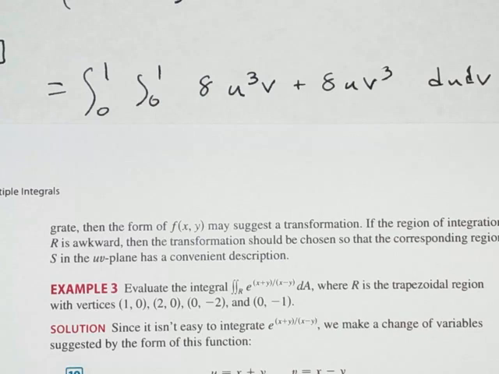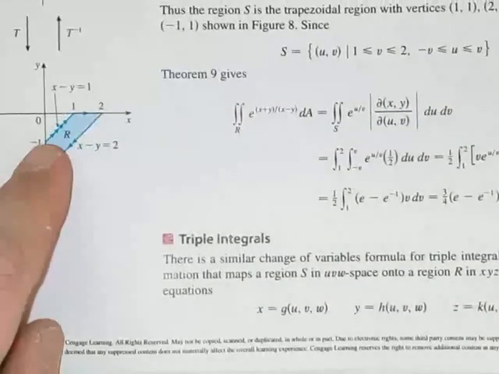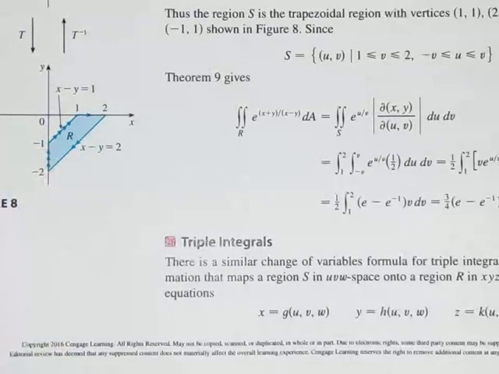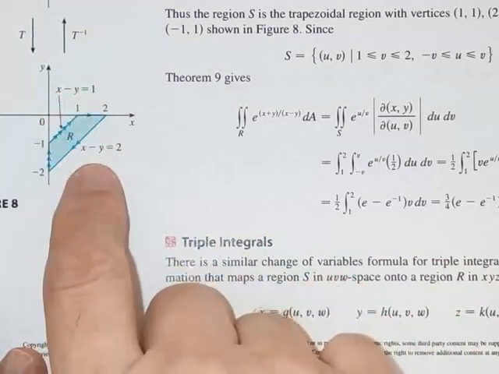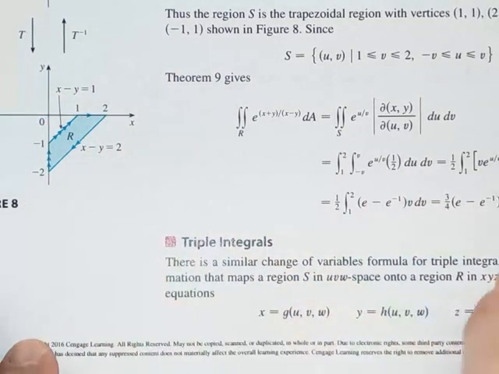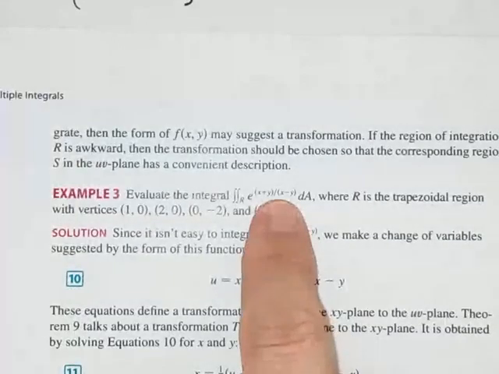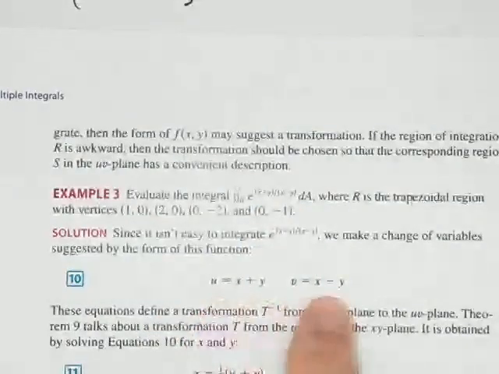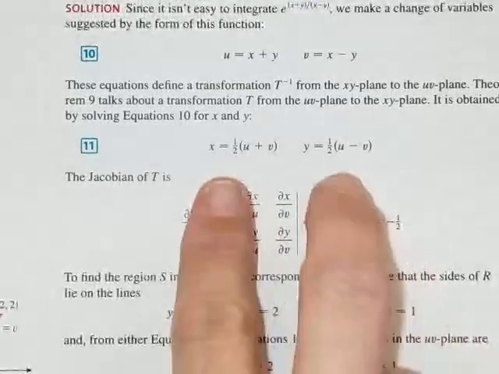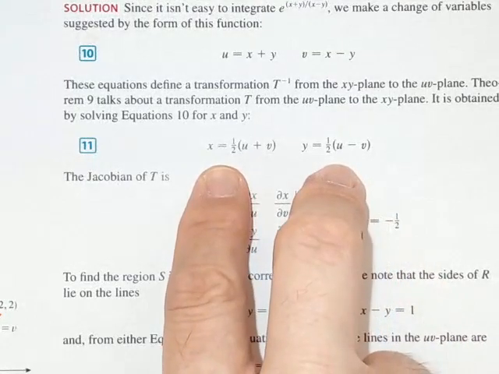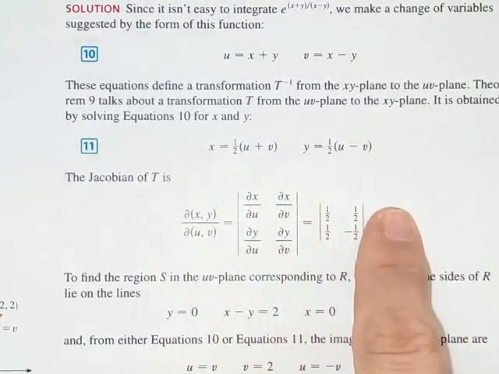Look at the region we are given. That region looks like this. And the boundaries of that region happen to be lines that look like x minus y. And that x minus y is in our integral. So if we use that in our change of variables, then I can write the transformation x equals, y equals. Then I get the Jacobian. And if I work these lines